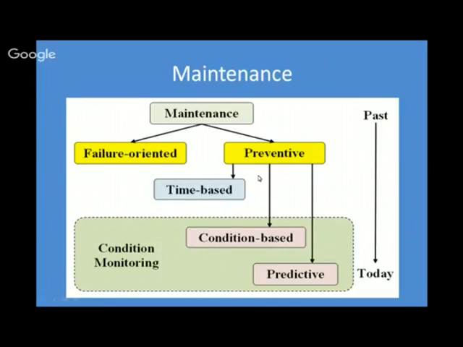Another type of preventive maintenance technique is the condition based. In this type of maintenance, we will check the condition of the machine only if there is some abnormal type of activity, like if there is high vibration in the equipment, then only we will go and see the machine. However, nowadays we have predictive maintenance